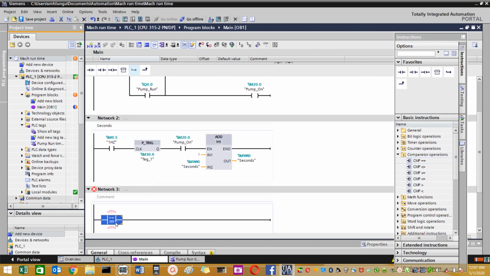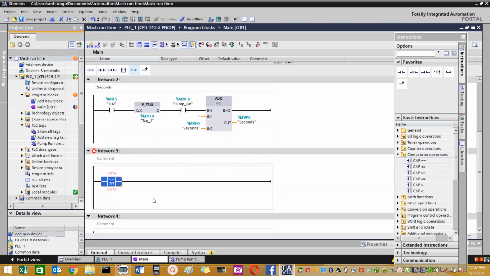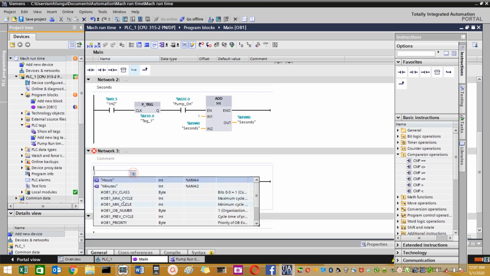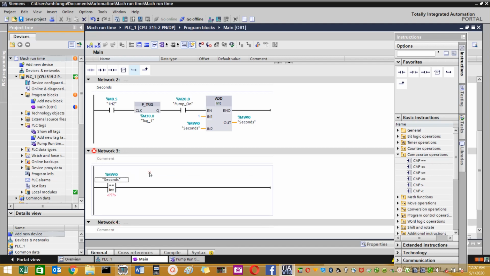Okay, and I'm going to change this to, so this is going to say if this value, which is memory word 40, which is seconds, where's my seconds? Which is seconds. If this value is equal to, say, 60, in this case, if this value is equal to 60, I want this to actually,